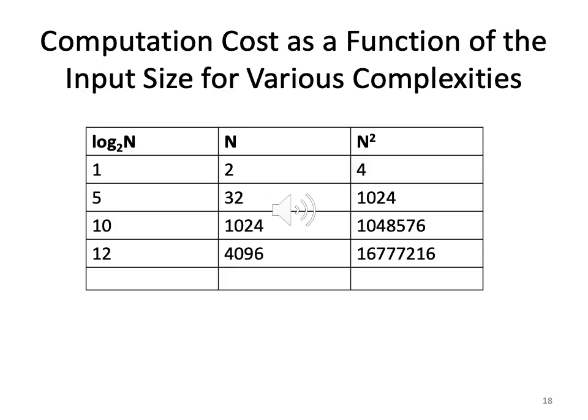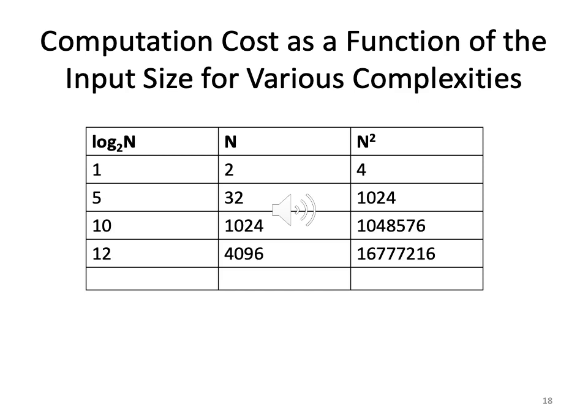Okay, so now I am on slide number 18. Computation cost as a function of input size for various complexities. So here we have a table in which we have three different complexities: log n, n, and n square. Log n, we saw that was the complexity for which one? Binary search. N was the complexity for which one? Worst case complexity for linear search, also finding a maximum. N square was the worst case complexity for which algorithm? Bubble sort. So this just compares.